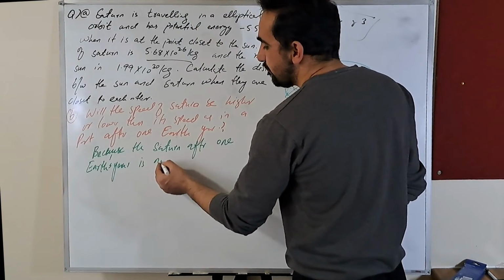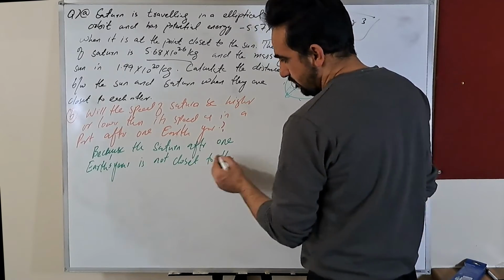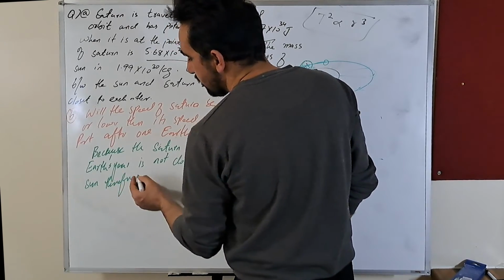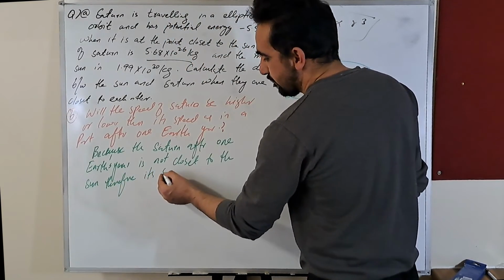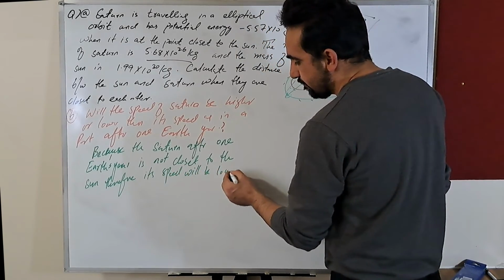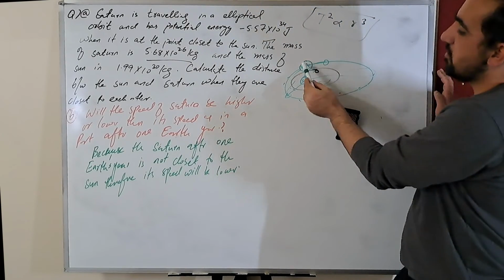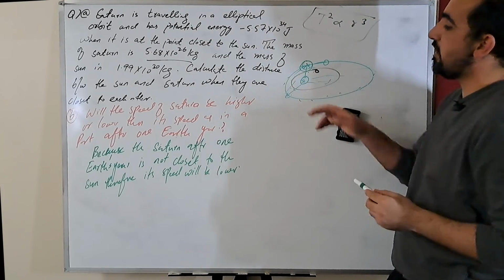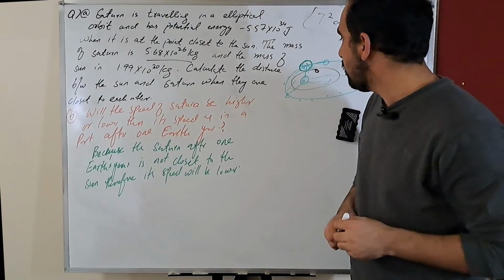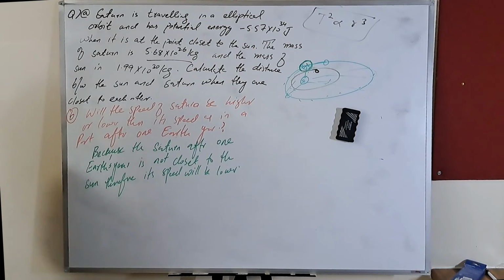is not closest to the Sun, therefore its speed will be lower. Okay, so because it's not closest to the Sun, it's not 1 Saturn year, it's 1 Earth year. Yes, if it's 1 Saturn year, then it will be again at the same point and it will have the maximum speed. Okay, so that was it. And the next